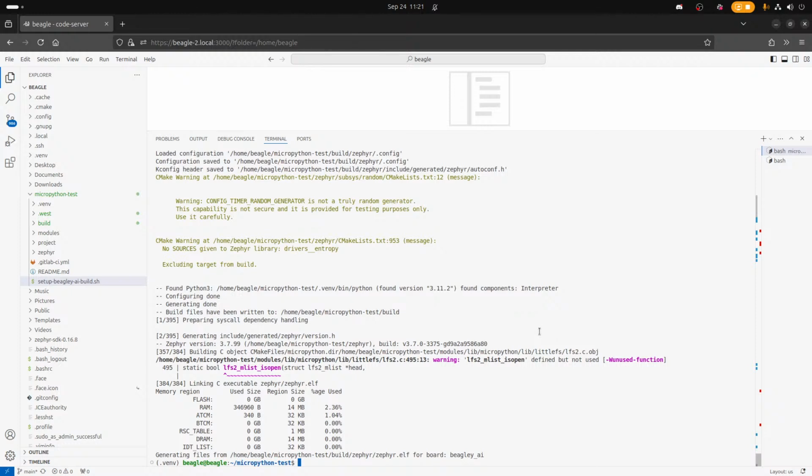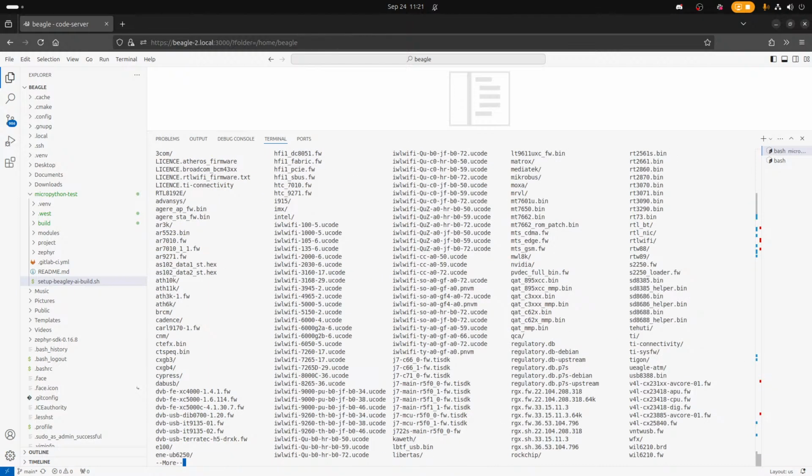So I want to sudo cp build zephyr.elf into lib firmware. What's it called? It's not J... is it J7? Oh, it's J72SS. 72. There we go.